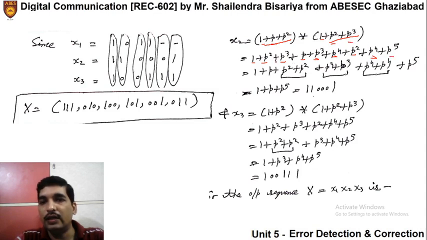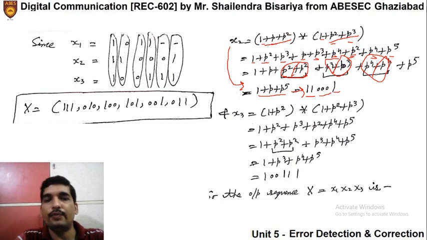Now we will arrange the similar terms at one place, p square plus p square here, then p cube and p cube here. So we have rearranged the terms, and we know that the addition of these two terms, that means XORing, will give us the value 0. So this will cancel. So remaining terms are 1 plus p5 only. So the value of x2 is 1 plus p5. That means 110001. And similarly, you can find out the value of x3.